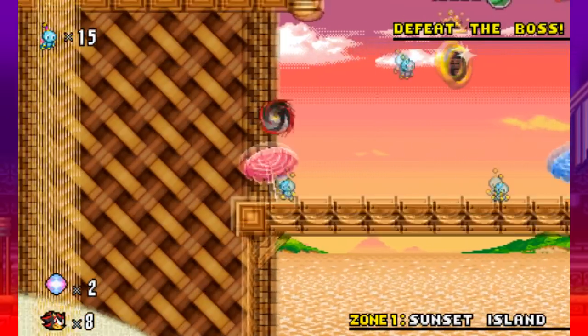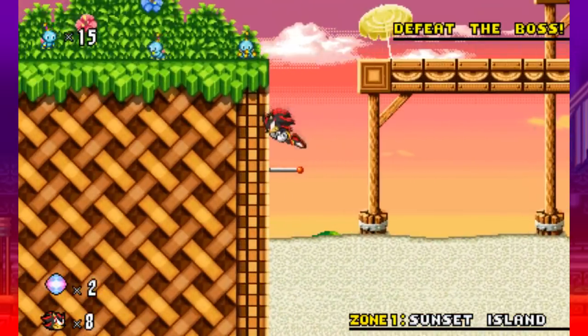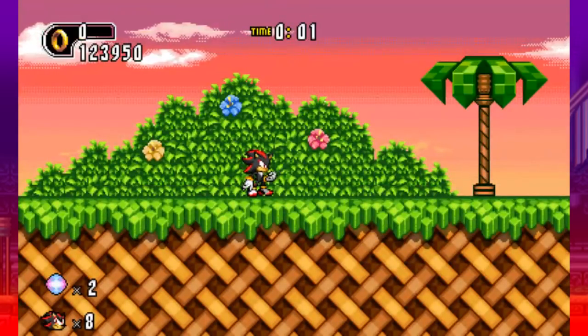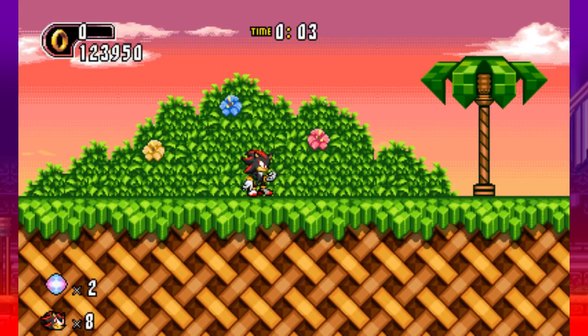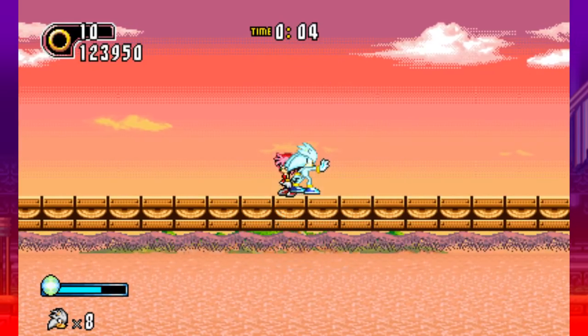Now that I have this taken care of, I actually want to go through one more character. I hate whenever that happens. Whatever, I'm going to go through as one of the other playable characters, but I'm not going through the zone. I'll be back. And finally, we also have Silver, who can use this...